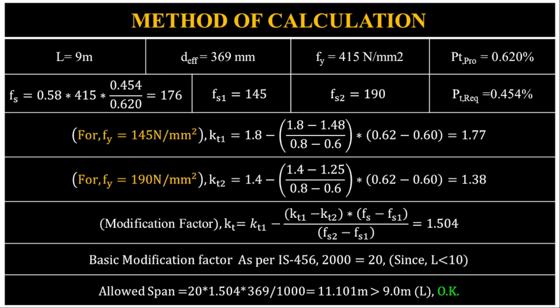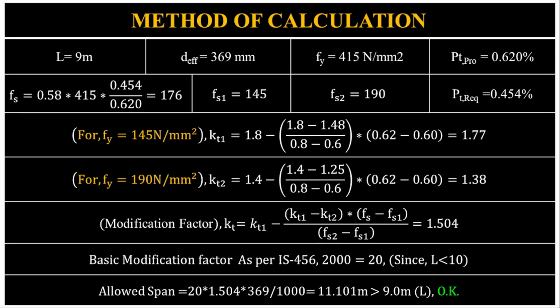As we saw in the previous slide, this value lies between the tabulated values of 145 and 190 Newton per square millimeter. Therefore, we consider Fs1 as 145 Newton per square millimeter and Fs2 as 190 Newton per square millimeter